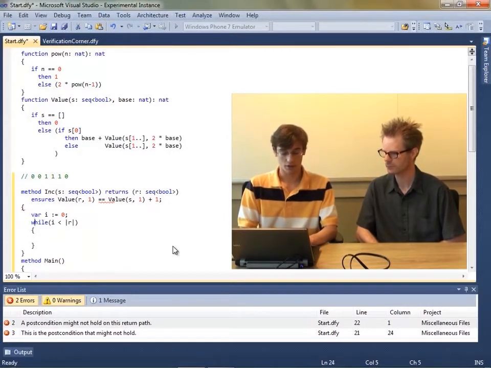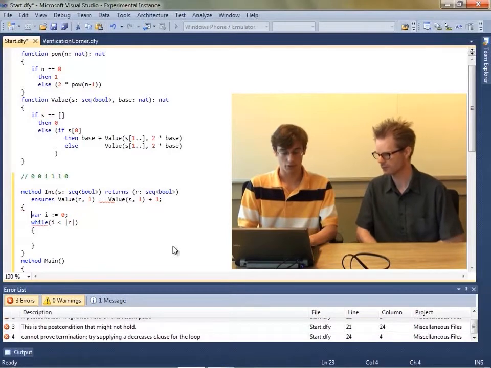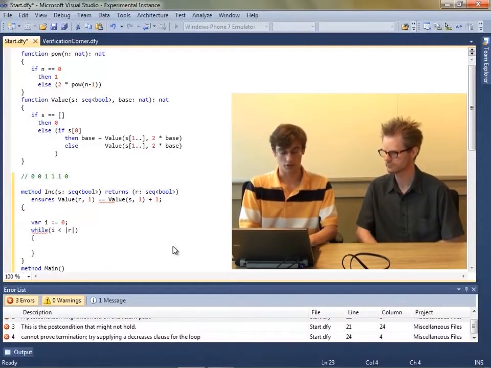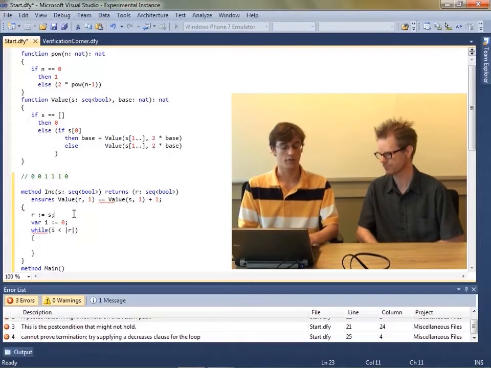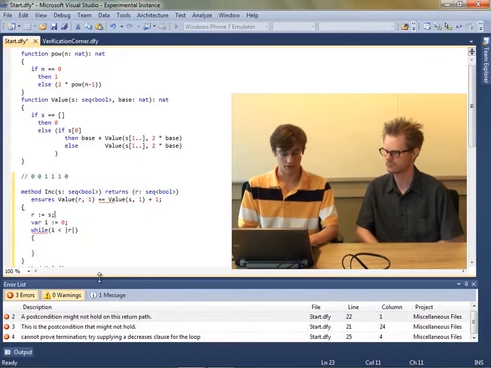Now I've introduced this variable r here, and r is going to be the result of our computation. So you can see it's in the return value, but when we start with the method, r isn't initialized to anything. So we should start off with the initial value that we're given, and then we're just going to modify that throughout the method. Okay, so among the things Dafny is complaining about is that we actually don't terminate